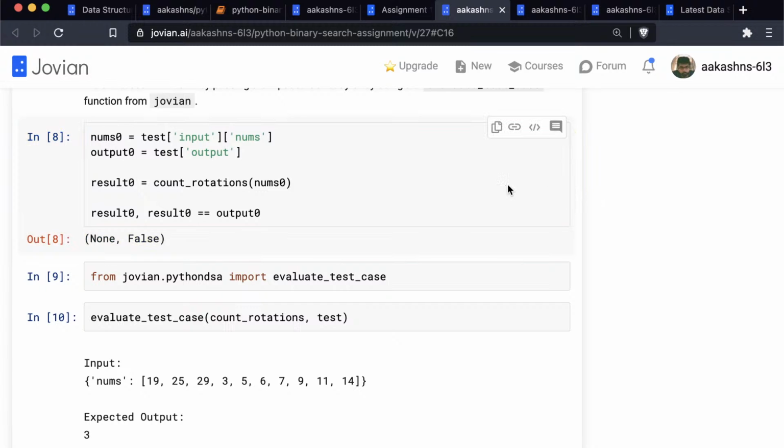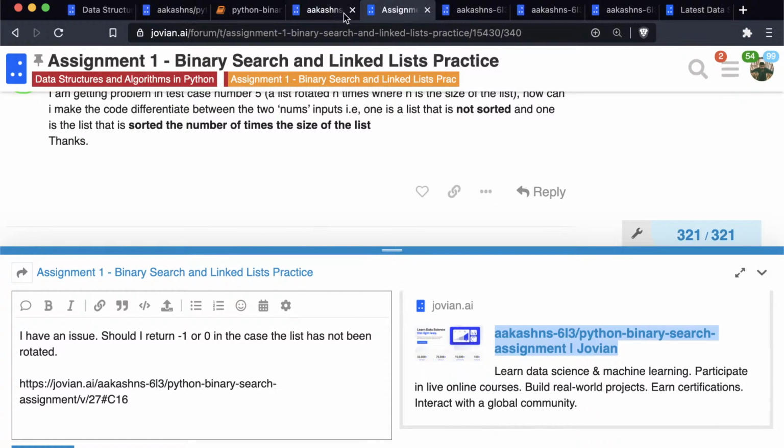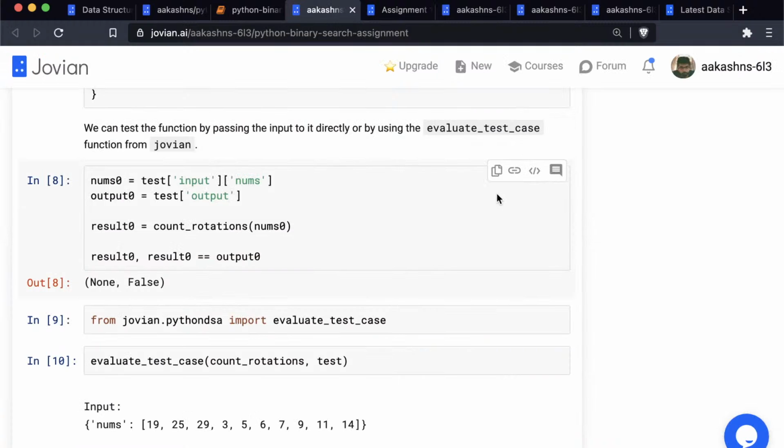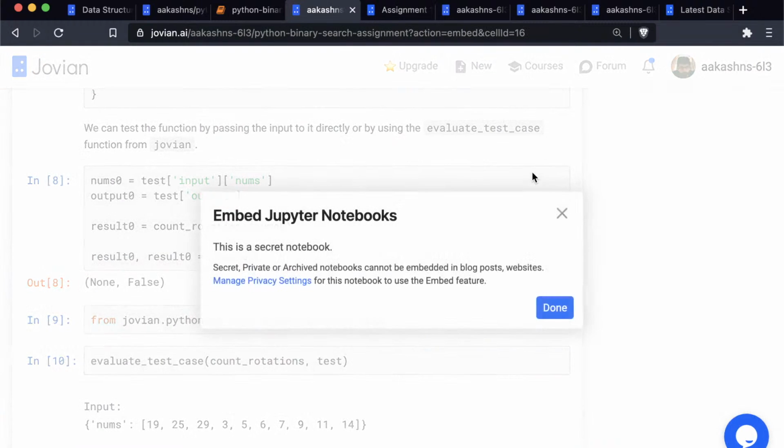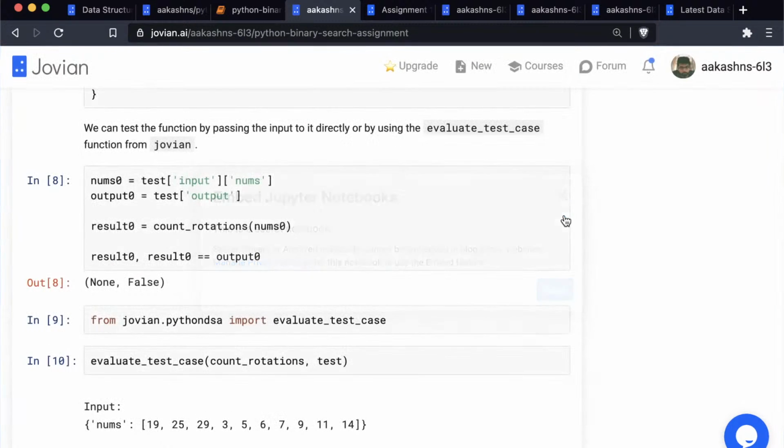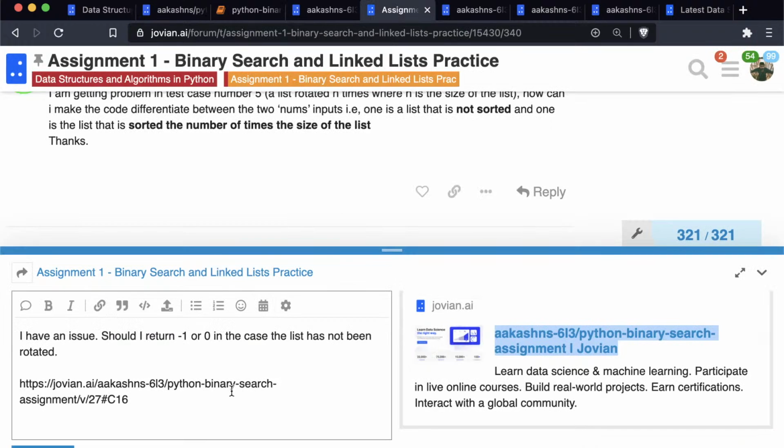You can see here that it brings us directly to this specific cell. There's another option. You can even click on embed cell. Okay, for secret notebooks, we do not allow embedding, but copying the cell link should work.